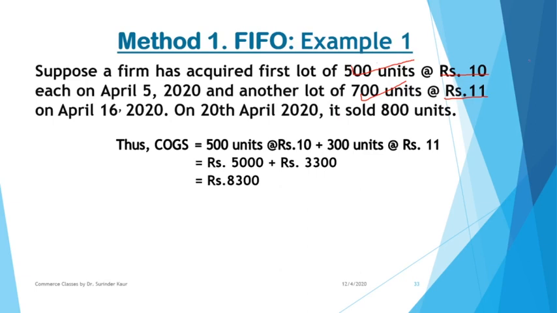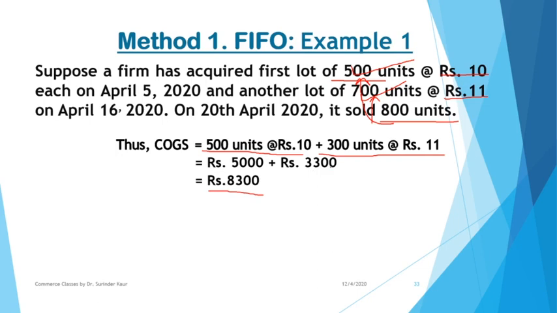So your sale is say 800 units. If you are selling 800 units, then it should be from the initial lots. When you look at initial lots, your first lot is of 500. So out of this 800, we can say that 500 units will be from the first lot, and you still have a gap of 300 units. So for that sale of 300 units, you will be utilizing the second lot. So in a way, the first lot is fully used for sale, and then only you will be using the next lot. So your cost of goods sold is 8,300 rupees.